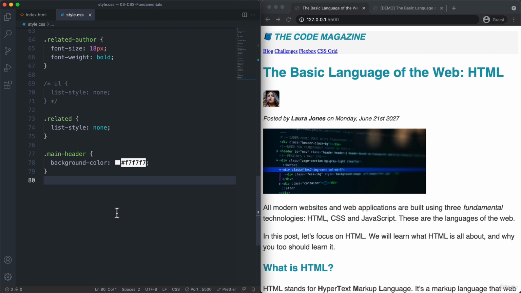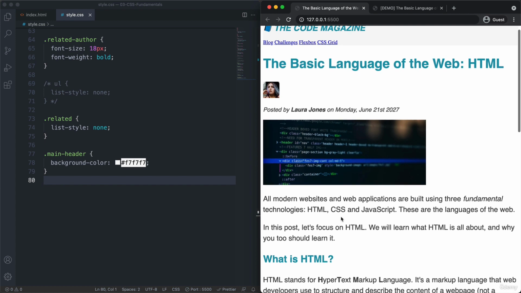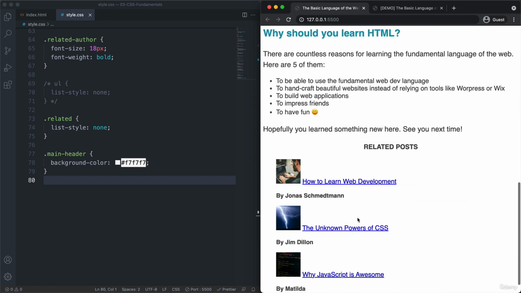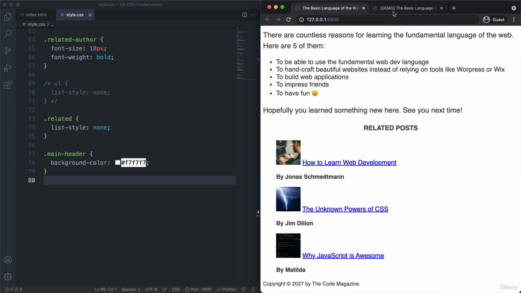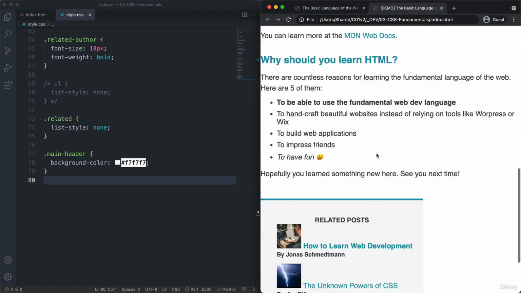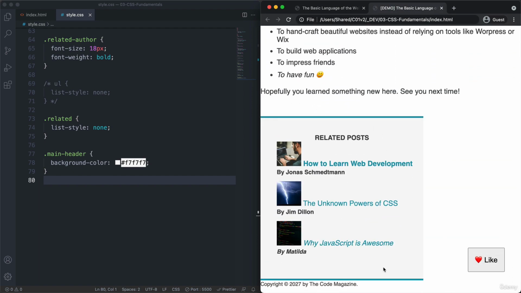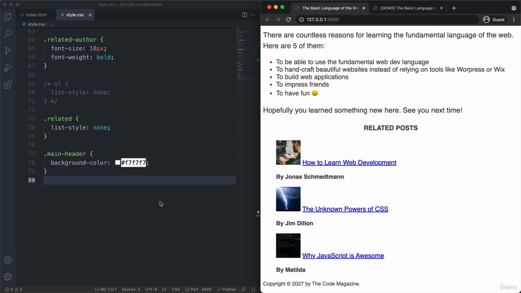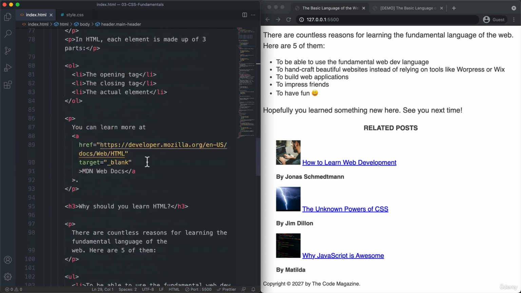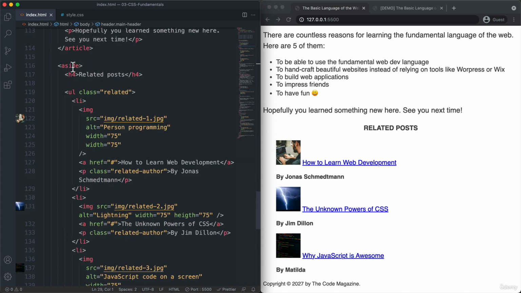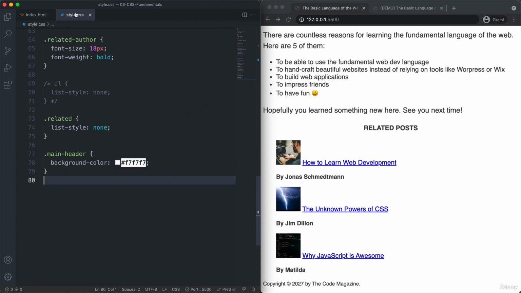So what I want to do next is to add some border to these related posts here. So basically to make them now look something like this. All right, so we have at the bottom and at the top here, this blue border. So that's not hard to do at all. So let's just see what's the element here. And it is this aside. So let's just select it here